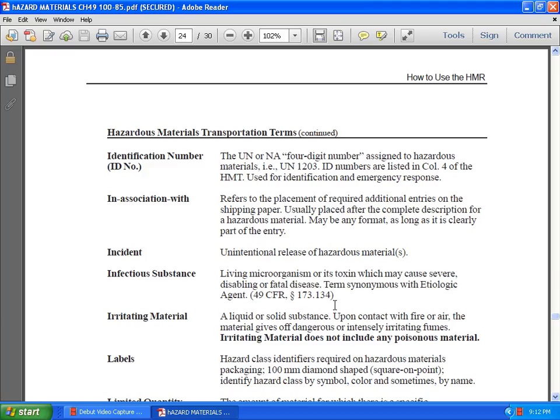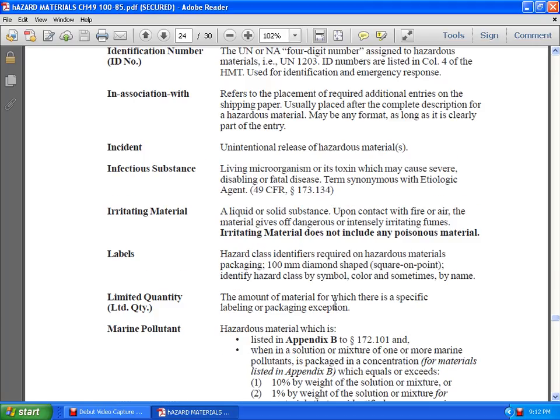Incident: unintentional release of hazardous materials. Infectious substance: a living microorganism or toxin which may cause severe, disabling, or fatal disease, or with an etiological agent of Title 49 CFR 173.134. Irritating material: a liquid or substance which, upon contact with fire or air, gives off dangerous, intense irritating fumes; irritating material does not include any poisonous material. Labels: hazardous class identifier required on hazardous materials packaging,